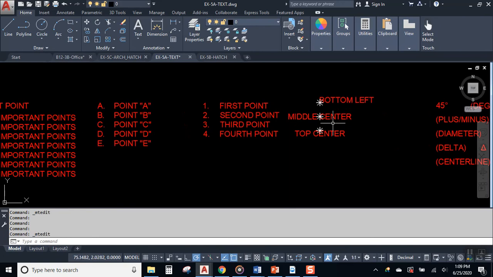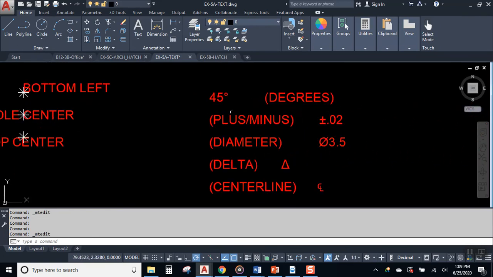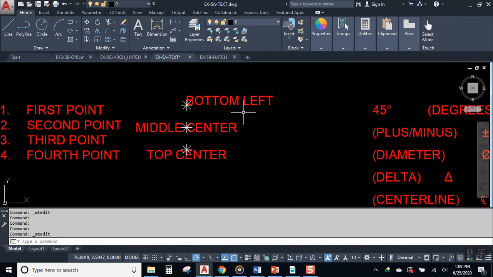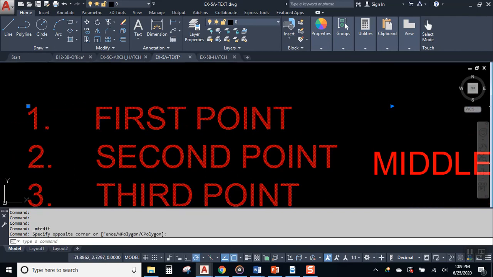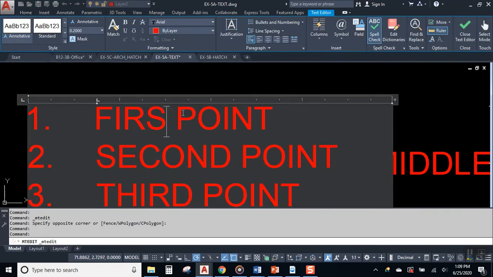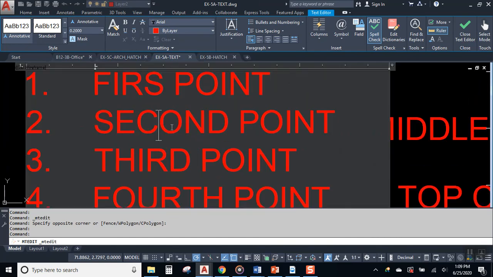Okay, so that takes us through our discussion on single line and multi-line text. You might have noticed when you are working with multi-line text, if you want to do a spell check,